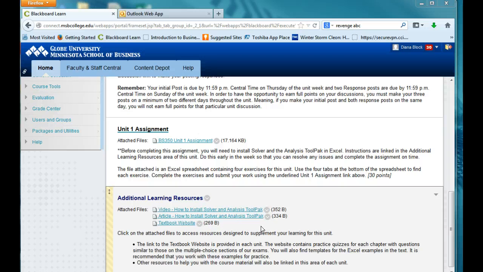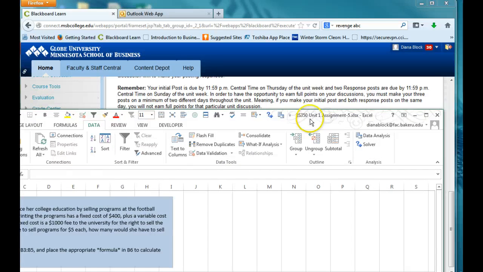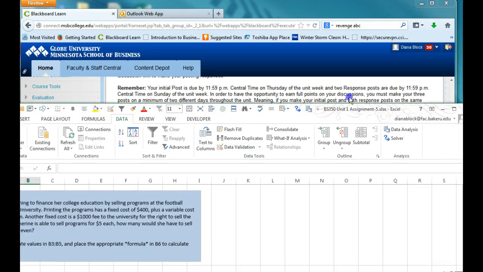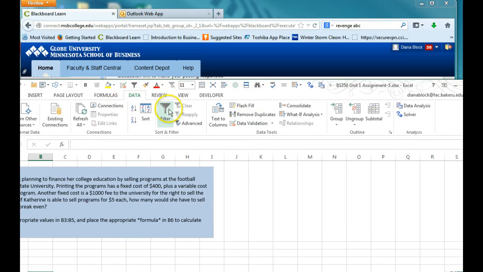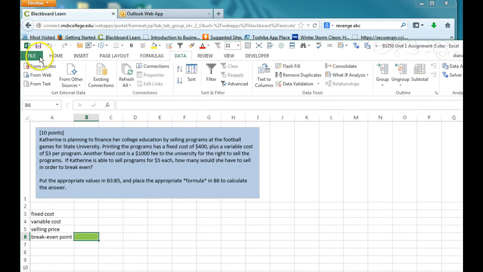Once you've installed these items, I'm going to move over to Excel here. On your Excel ribbon, under the Data tab, you'll have an analysis section that's going to have the data analysis and the solver icons in there. If you've never used these before, most likely you do not have this box under your Data tab. Once you follow the instructions, which I'll quickly show you here,